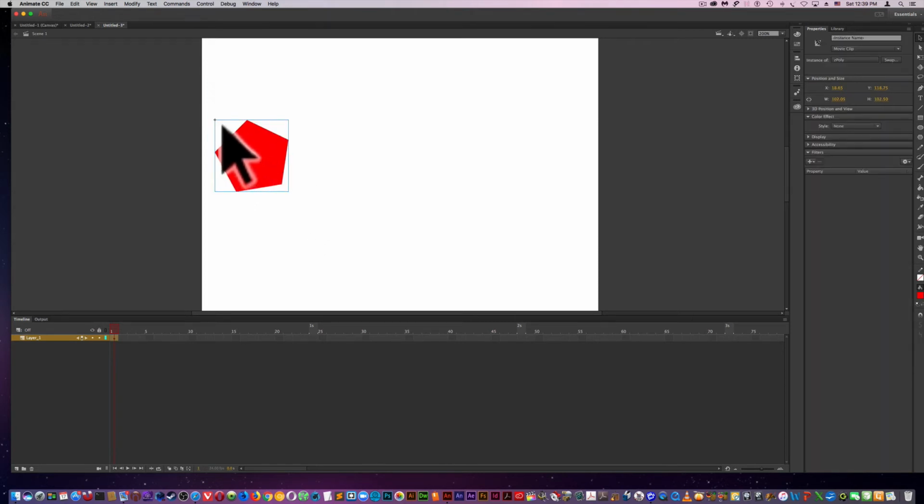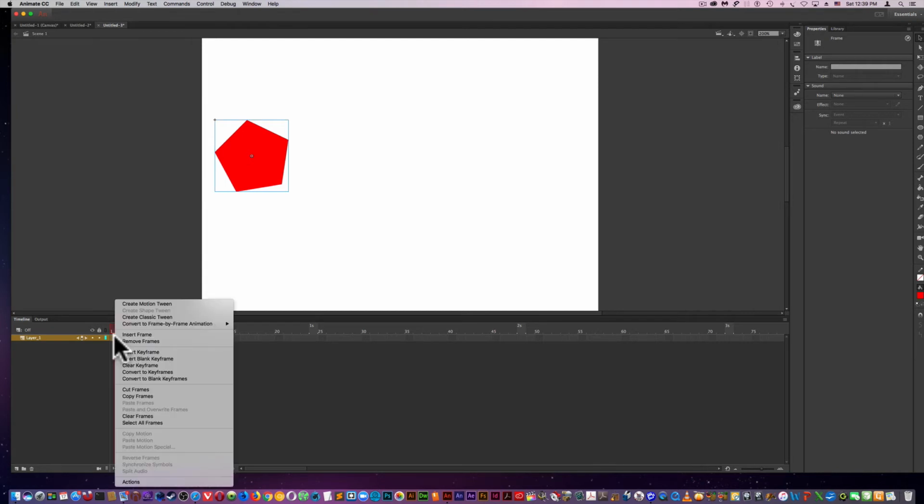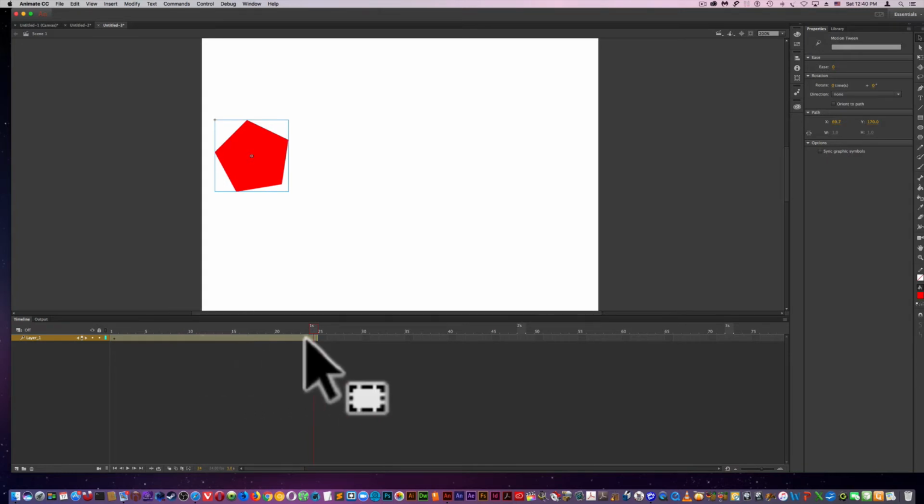The blue lines going around indicate that it's a symbol. Now, the difference of a motion tween is you'll be going to frame 1 and doing create motion tween. You see shape tween isn't even accessible because this isn't a shape. And it automatically populates all the keyframes for you, but you could change that if you want to. Now what you do for the last frame,